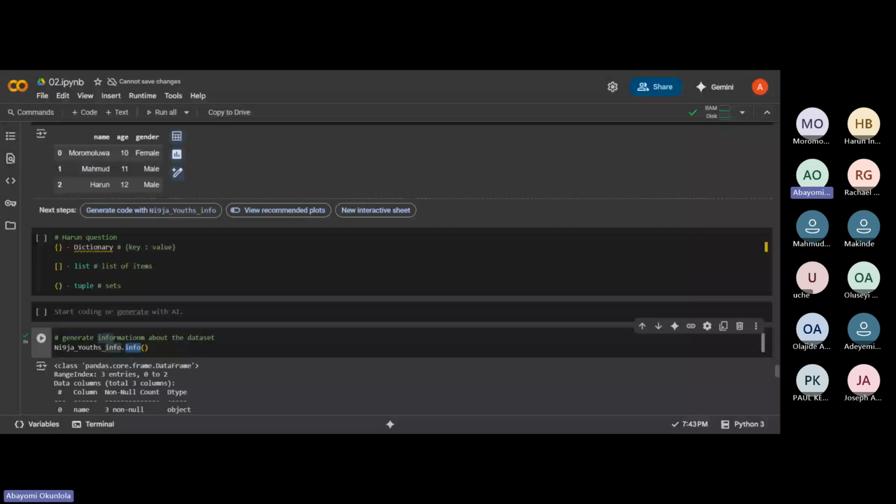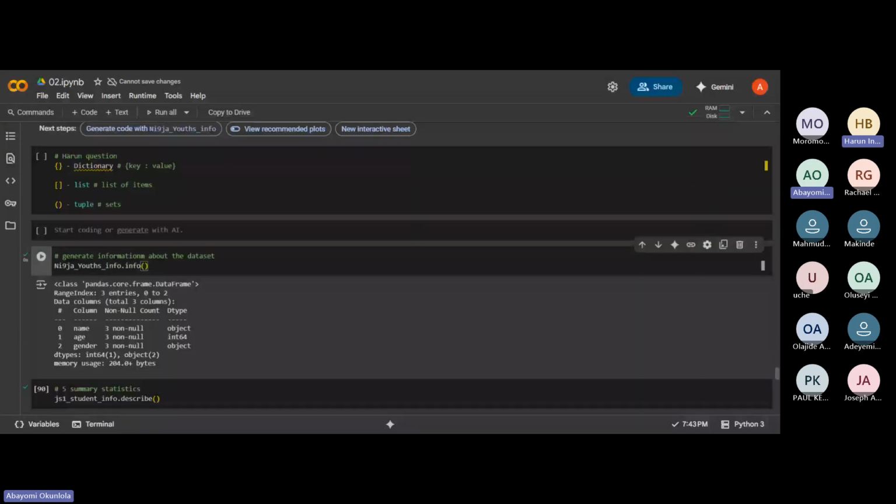Now this .info gives us a whole lot of information about the data. First, it says the data is a class pandas DataFrame, and the range index has 3 entries, from 0 to 2, which is all you are seeing here, 0, 1, and 2. The data columns has a total of 3 columns: column 1, column 2, column 3.